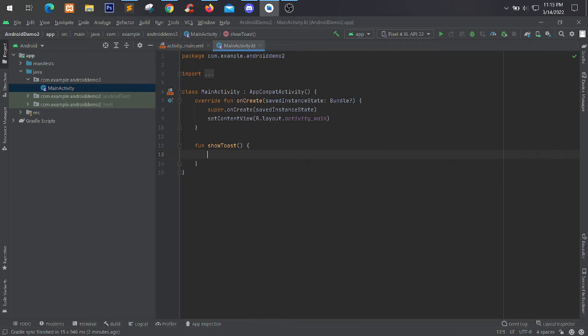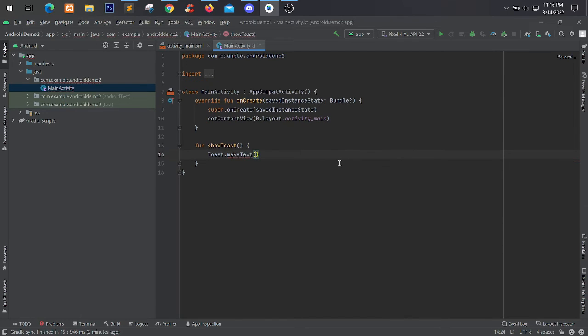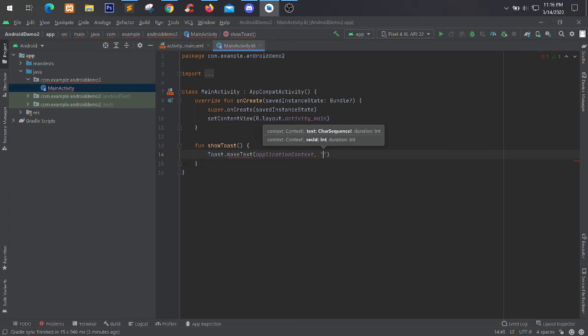So from here, to use the toast, you can create your, what do you call this? You can create an instance for your toast, or just call the toast class and display the message. So for me, I'll just use directly the toast class. So toast dot make text. So the make text allows you to create the display message. Then first parameter is the context where your application is. Then followed by the message. So this is a